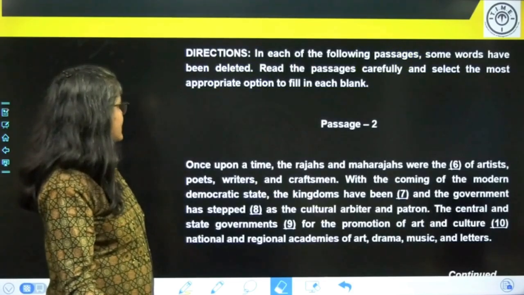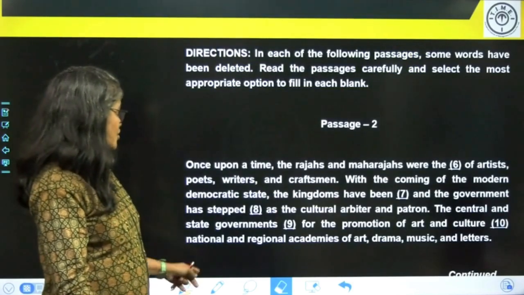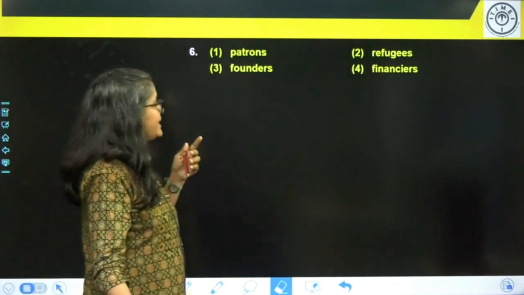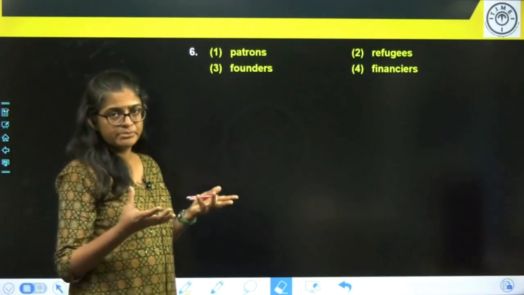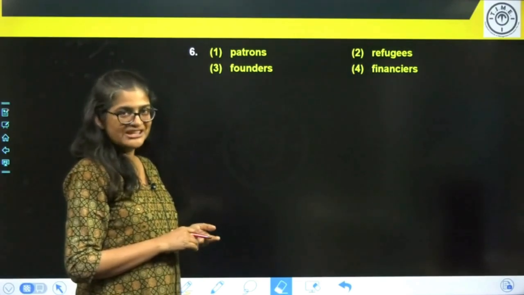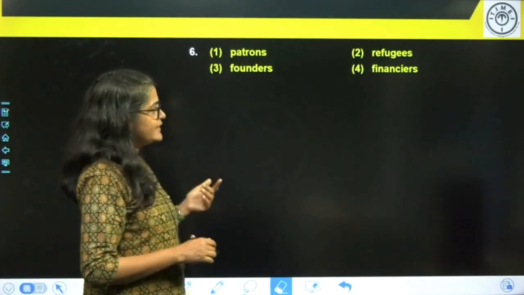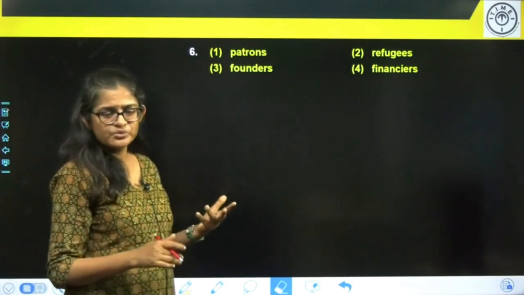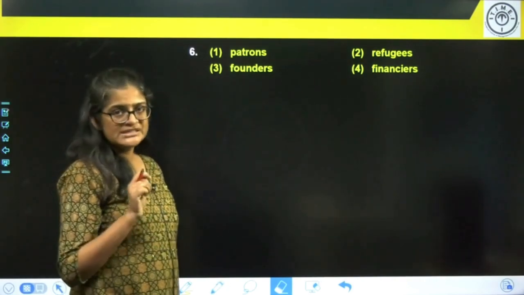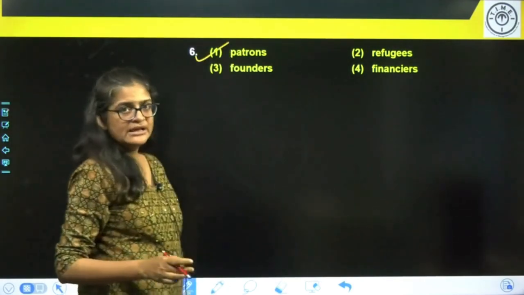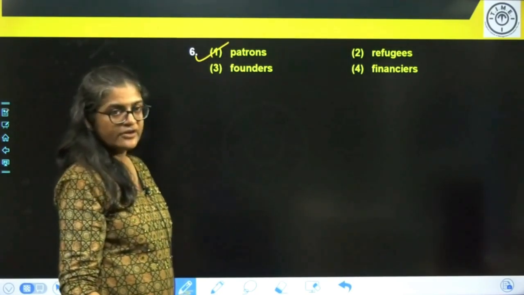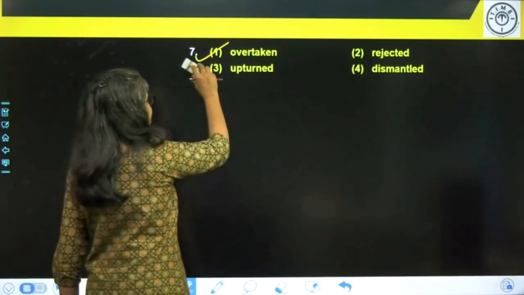Okay. We have the word which we thought could be the answer, were the patrons of. Patrons means the ones who supported and promoted. Okay. Refugees, you're calling Rajas and Maharajas refugees. Irrelevant. Founders, no. Financiers is not the right word here. When you talk of art, they may have done the sponsorship, but the word used is patronage, patrons. Okay. That is called collocation. What word fits into what context? Patrons of art. Okay. Then,